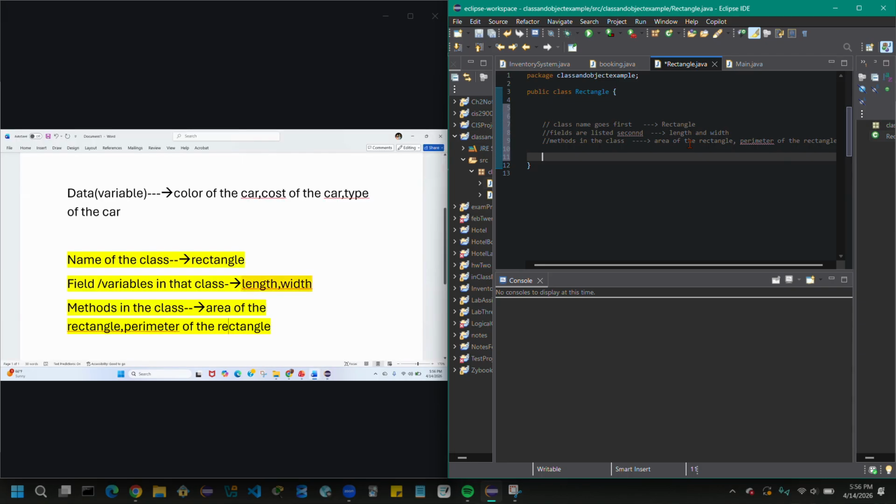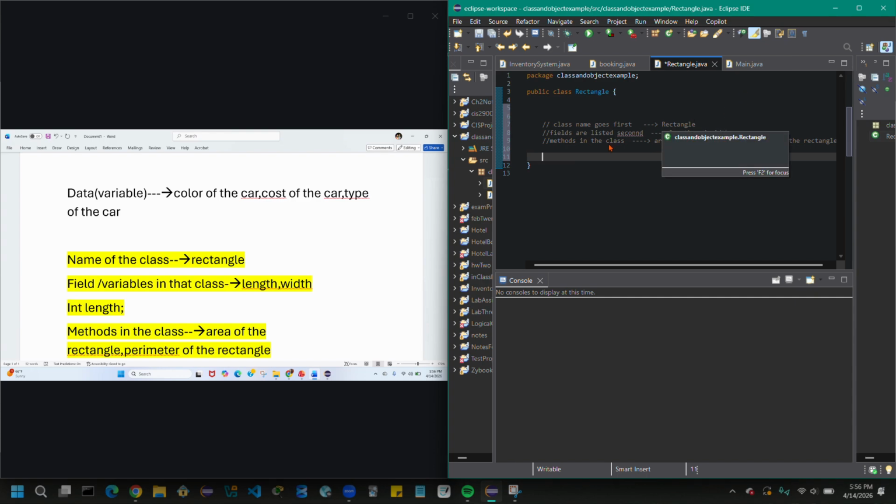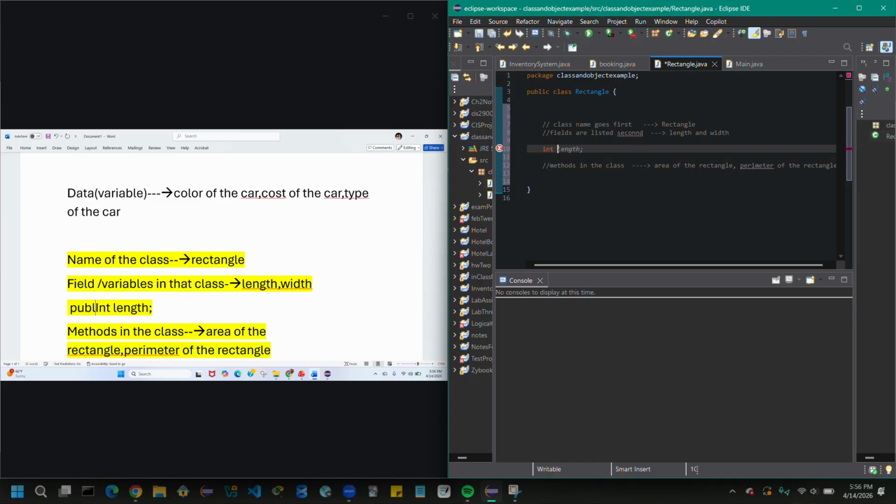Now, if you remember how we write int length, usually, when we are creating variables. Now, when we write integer length, it means that it is public integer length by default. Now, public here is an access specifier. If it is public, that means anybody can use it, anyone can destroy it, anyone can modify it.